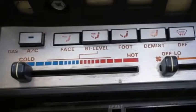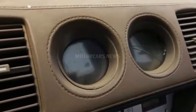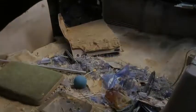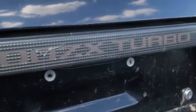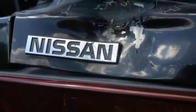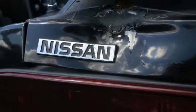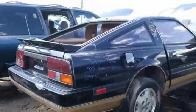For just $19,699, that's about $45,500 in 2017 dollars, the 300ZX Turbo had excellent performance numbers for the price tag. 200 horsepower in a 3,139 pound car was hot stuff in 1985, a year in which the